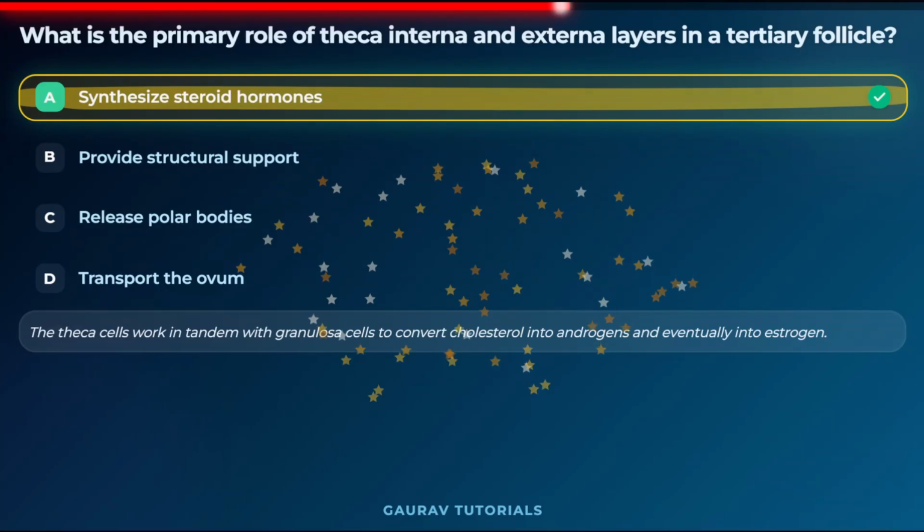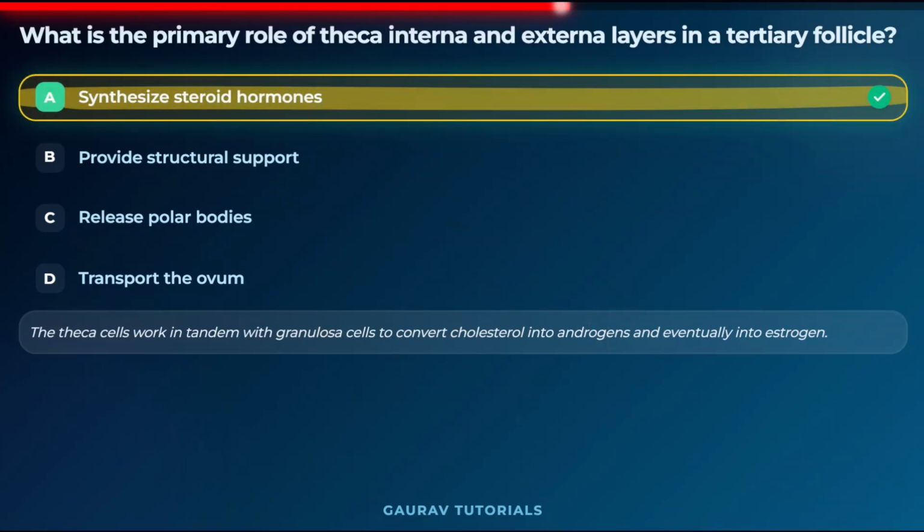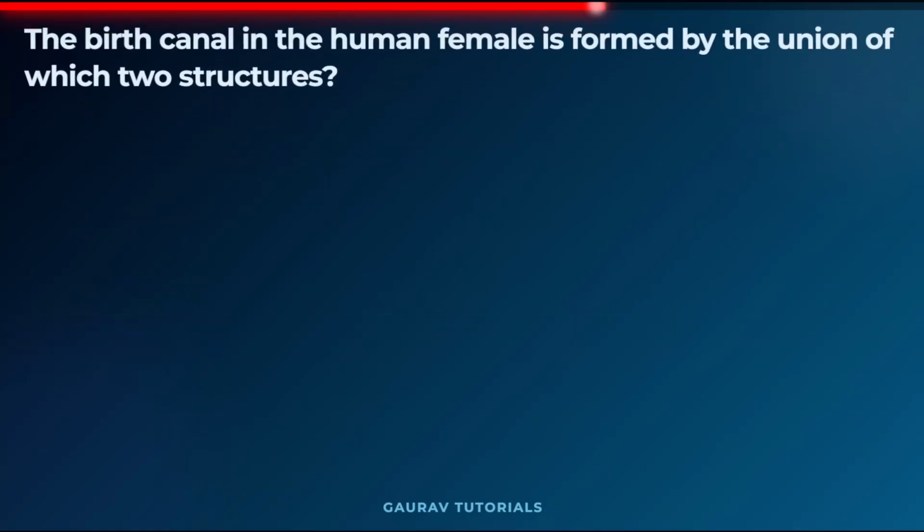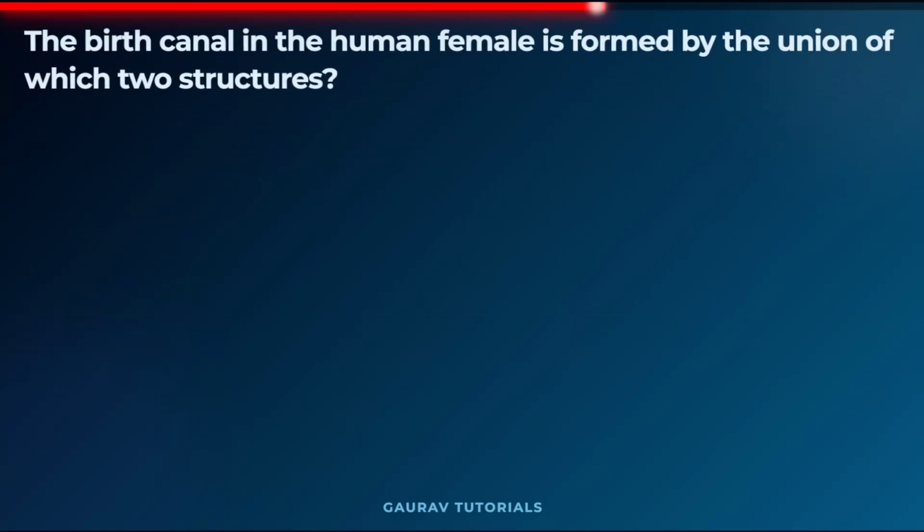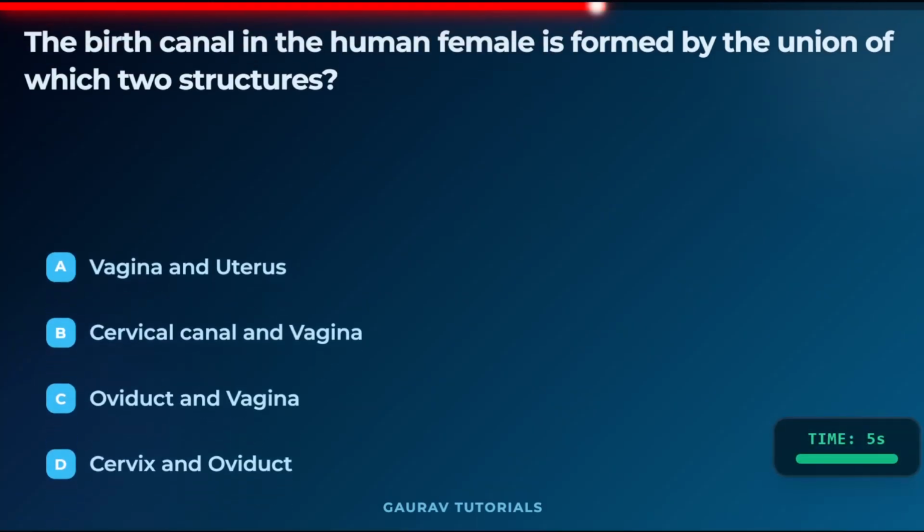And the correct answer is option A, they synthesize steroid hormones. The theca cell works in tandem with granulosa cells to convert cholesterol into androgens and eventually into the estrogen. The next question is: the birth canal in the human female is formed by the union of which two structures? The options are: